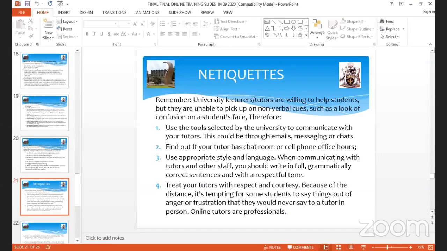It is tempting sometimes for students to say things out of anger, because when you are frustrated, like when you are trying to register and you don't get through, your tone changes. It should not be like that. You need to make sure that you maintain a tone which is acceptable when you are communicating with the university officials